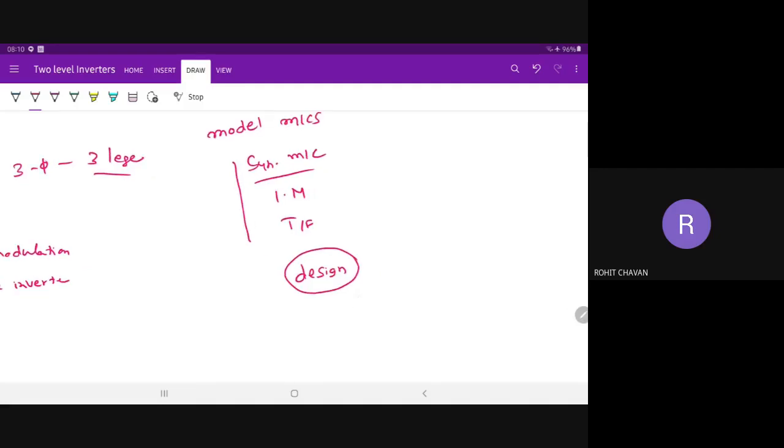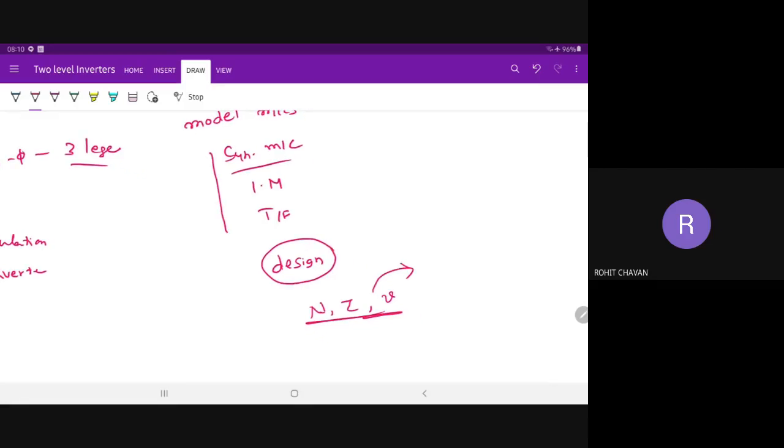When you fit the machine into different equations, we can find the stator and rotor currents during starting or during steady state, and also obtain the speed and torque of the machine. For example, if the speed and torque are given, and the supply voltage is also given, you can calculate how much current the stator is drawing and how much current is present in the rotor. You can also calculate the efficiency, starting torque, and all the parameters of the machine can be analyzed. So for this, machine modeling is required.